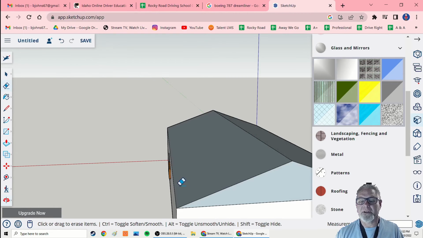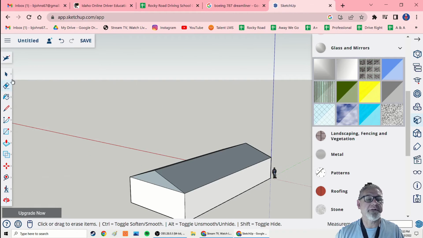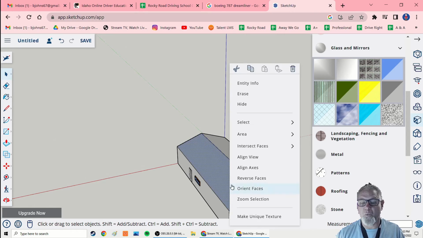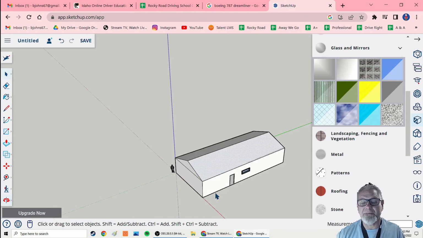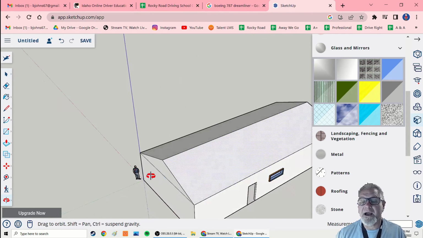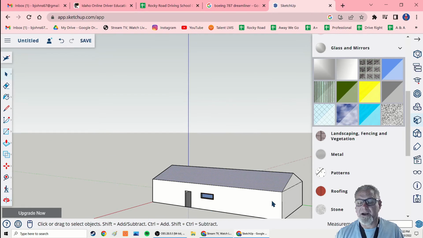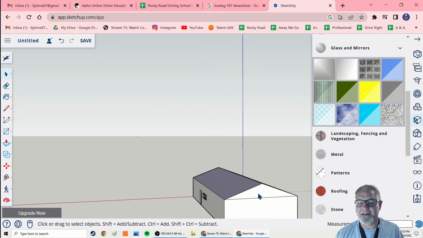So what else did we have to do? We had to go to the pointer, highlight stuff, and right-click reverse face, just to make sure everything is white, like it should be in the 3D world on the outside of things. Okay, all right, cool. So the last thing I want to show you is how to make this not look